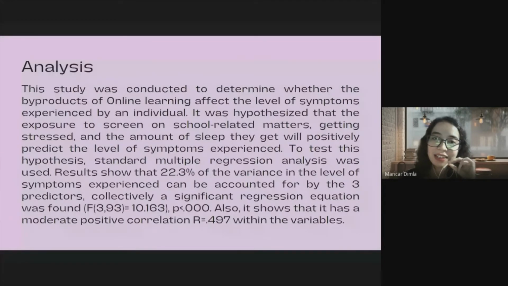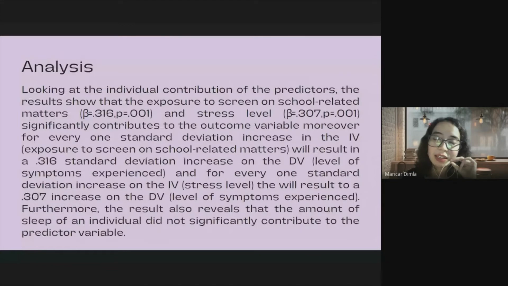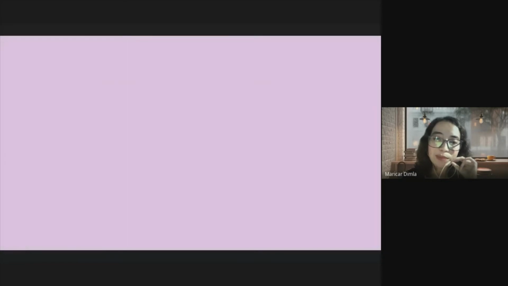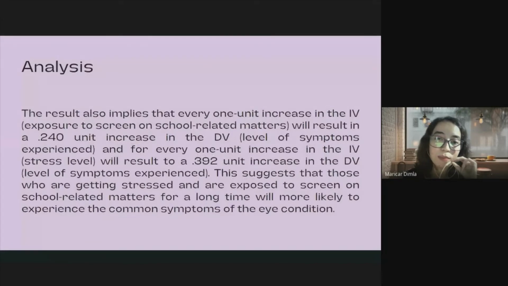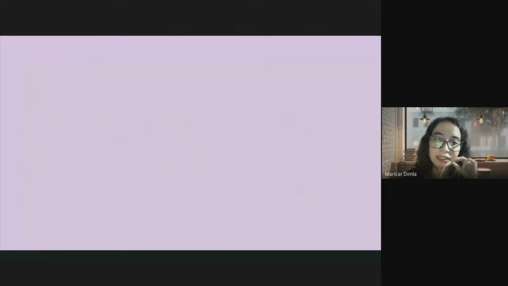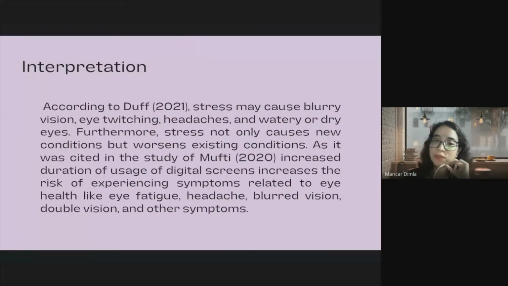Okay? And then, to simplify it more, okay, patingin naman ng interpretation. Ayan, na-expect nyo na class na medyo mahaba-haba yung part ng analysis kapag ganitong table na pinag-uusapan natin. Yan. So, yun lang pala yung ibig sabihin nun. Okay, wherein stress not only causes new condition but worsens existing conditions and on and the like.